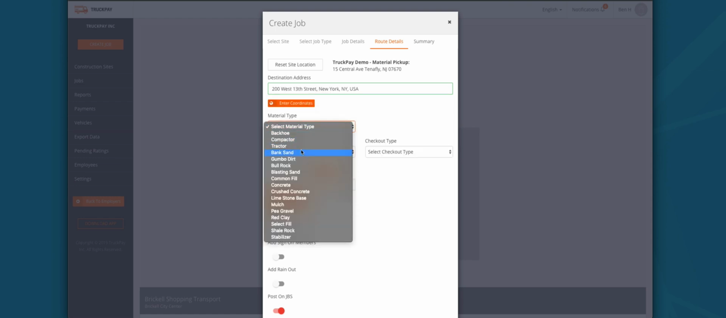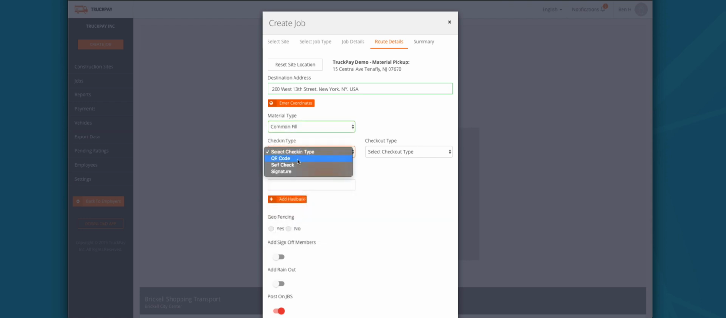You can select what type of material. Again, if there's anything that you don't see here, let us know and we'll put that in for you. Next is a very powerful feature, which is selecting how you'd like the truck drivers to check in. They can check in with our patent pending QR code technology, or they can check in with a self check-in